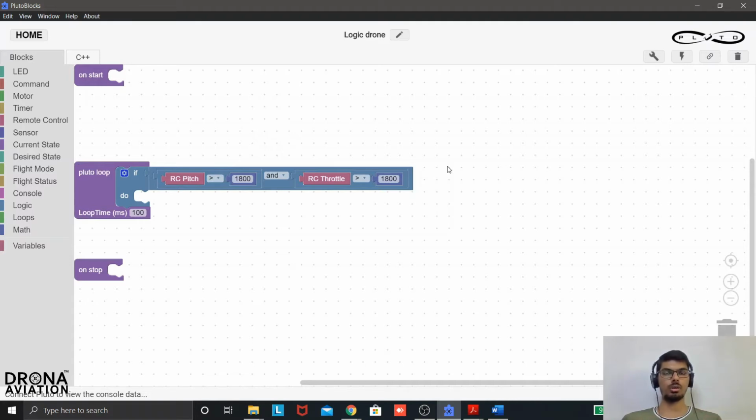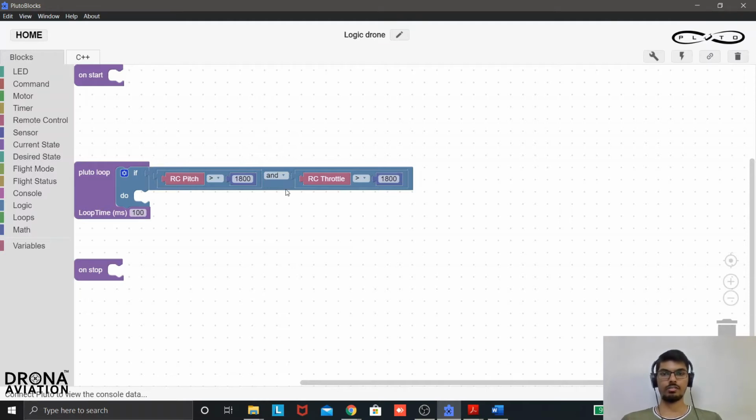So if you throttle upwards or if you pitch upwards, pitch forward, this is the range that you are going to work on. And if you go lower, the range becomes 1500 to 1000. So for this AND gate, I am going to use the inputs of the range 1500 to 2000. That is, I will have to use both the sticks upwards.